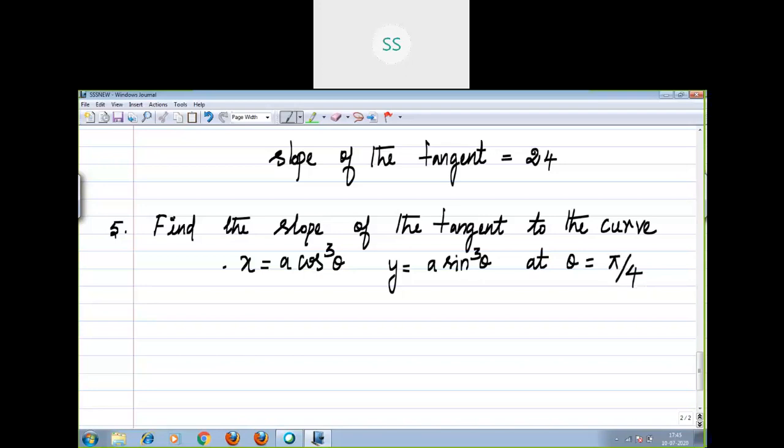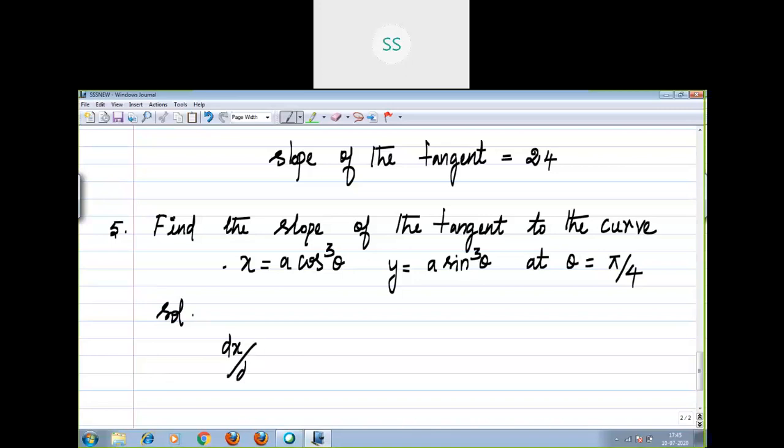Whatever it is, first step, your duty is to differentiate, right? But here x is there, y is there. You want to do the differentiation separately with respect to theta, because based on what variable exists on the right hand side, your differentiation will take place, right? Solution: